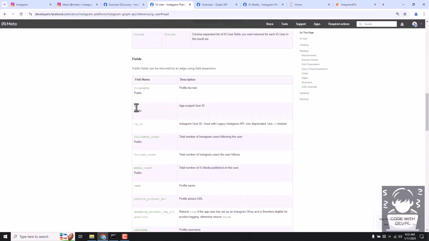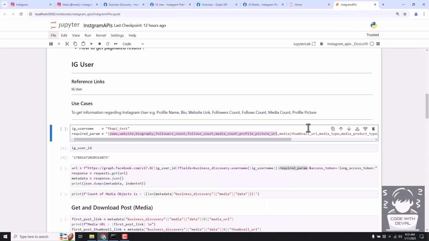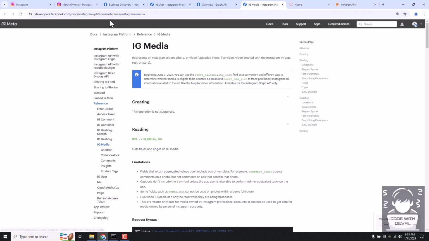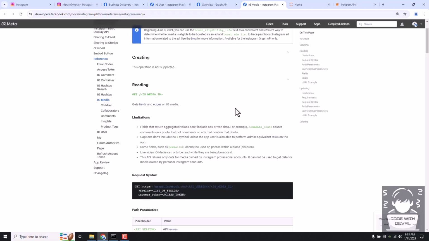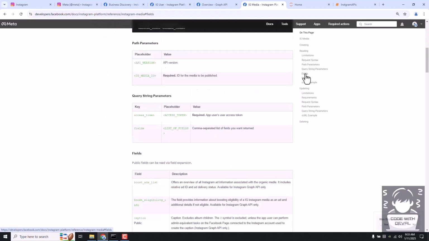Then we are also going to get media of our account, so I added this media field here by comma separation, and in this media field what I want to get is the media fields. For media fields you can go to this IG media, and here if we see fields here,